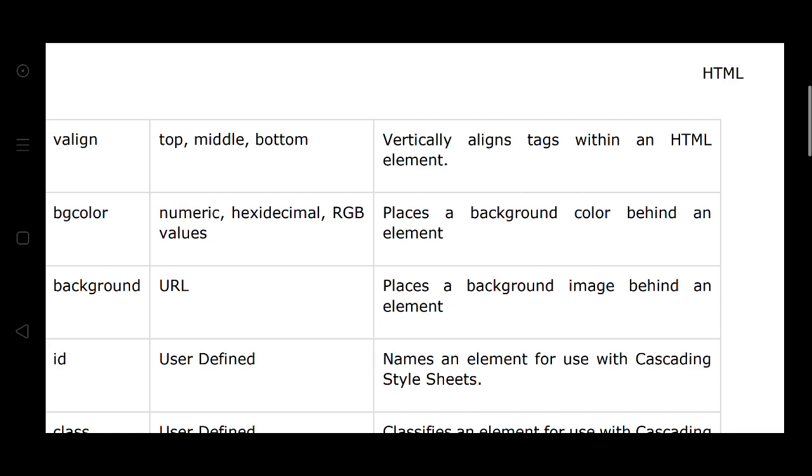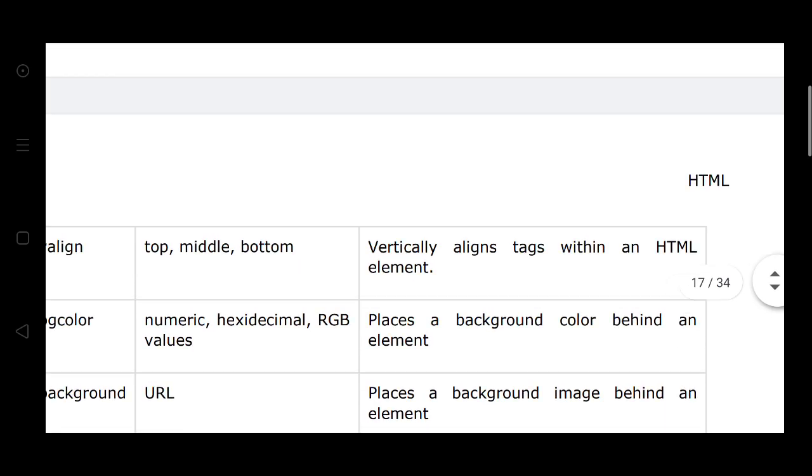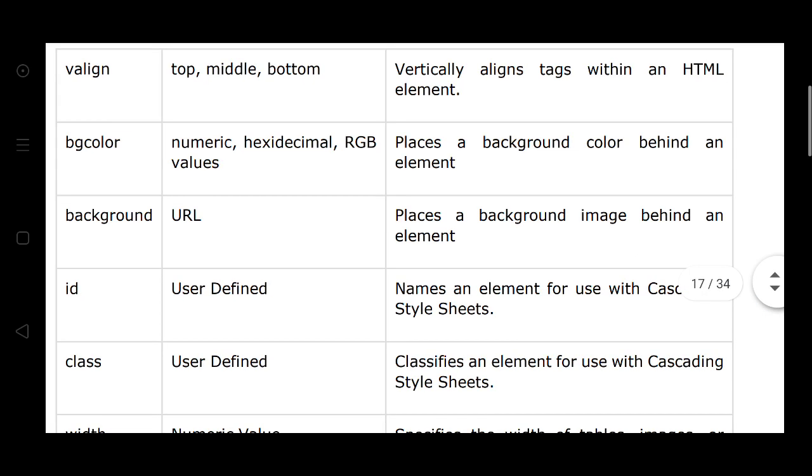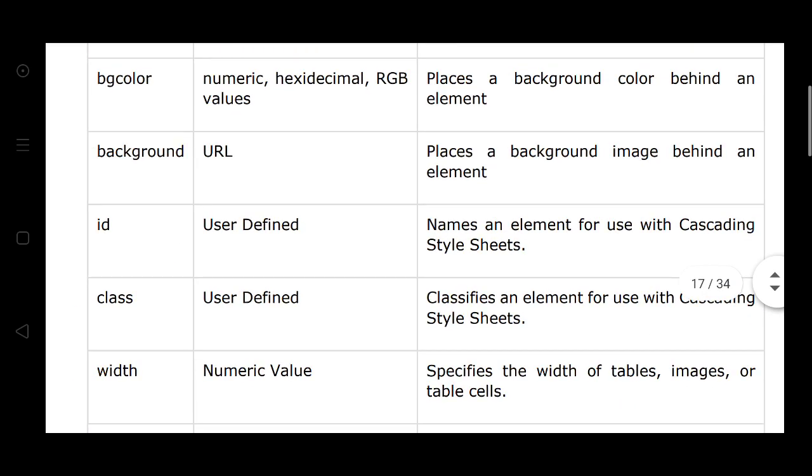Suppose RGB means the green color, red color, or yellow color. The decimal number is a numeric number, like 14382. The hexadecimal number can also be taken for the background color. The background URL may place an image behind an element.